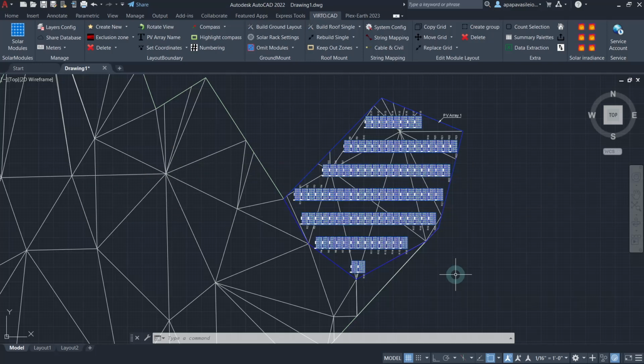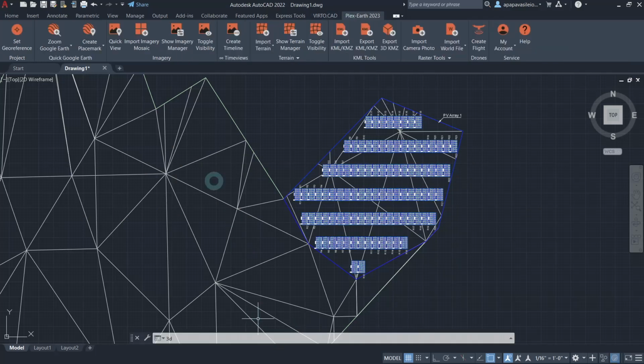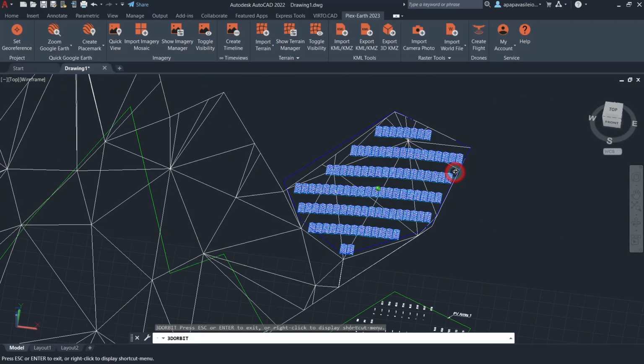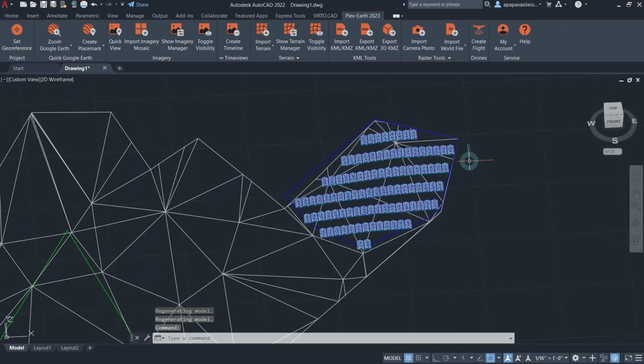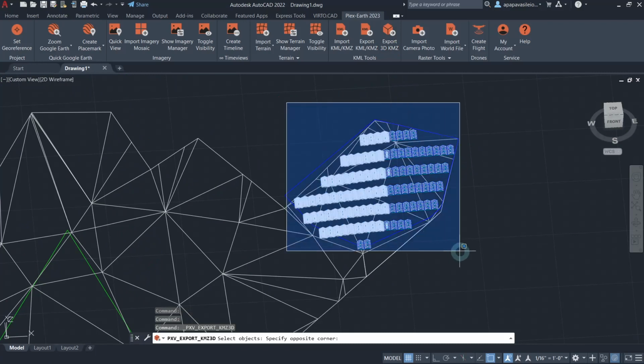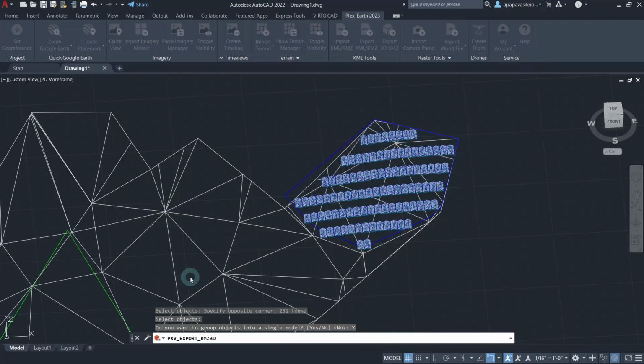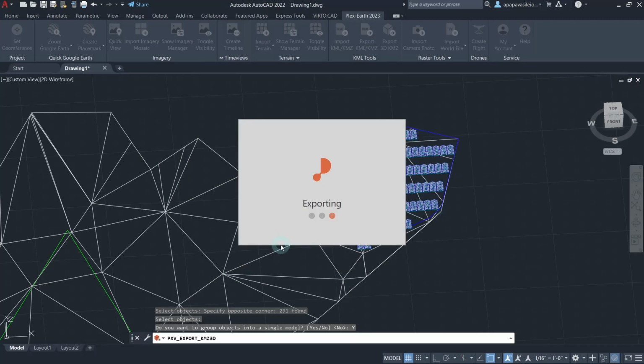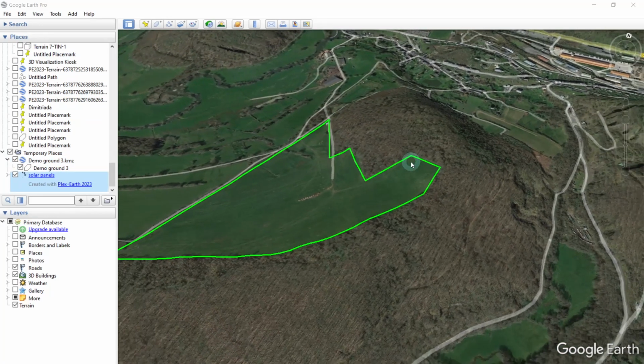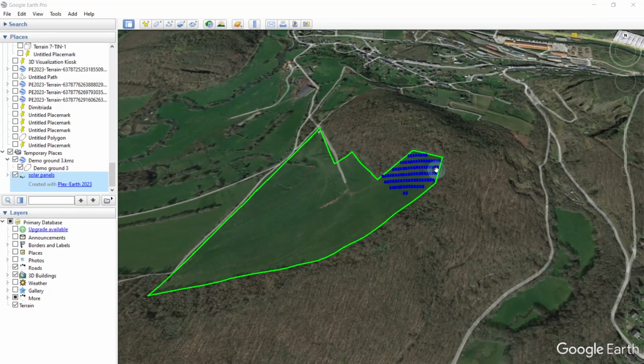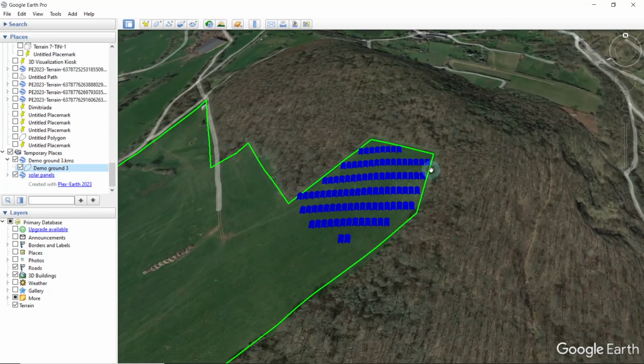Finally, an additional but recommended step for the overall look of your project would be to visualize your imported solar panels on the realistic and familiar terrain of Google Earth. To do so, simply click on the Export 3D KML command of Plex Earth and wait for the objects to be exported for you. So, that's it! Fast and easy installation of your photovoltaic power plants by using real-life terrain data with the help of Virtocad and Plex Earth, a winning combination.